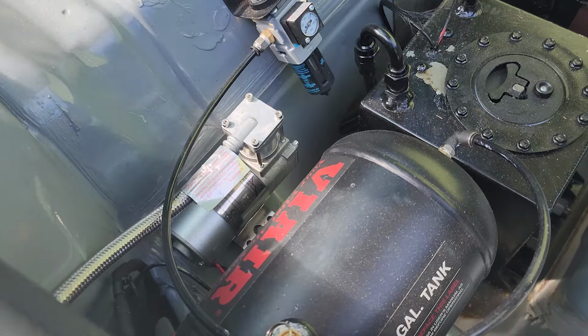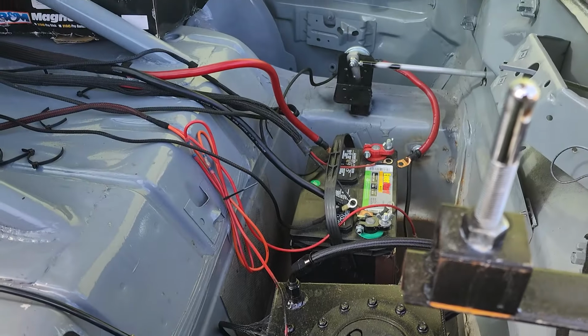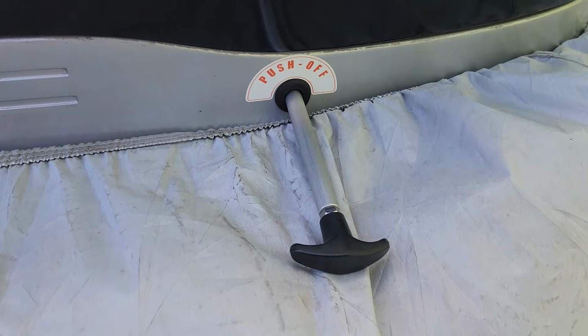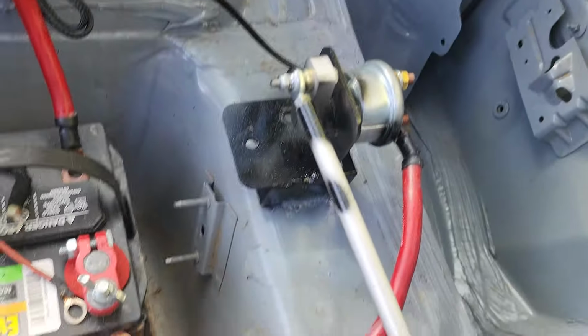You found out how you're gonna mount it all. I remember last time I was here, you were talking about doing something in here. I still got to, because to run at the track, you got to separate the tank from the cab, because this is kind of like a hatchback, basically. It's one cab, so I need to...